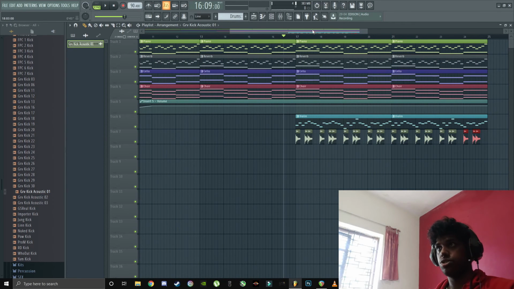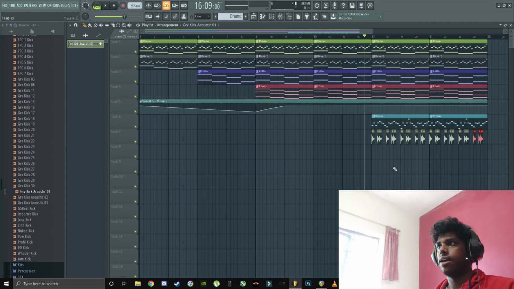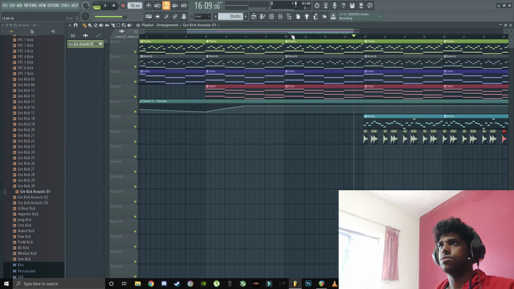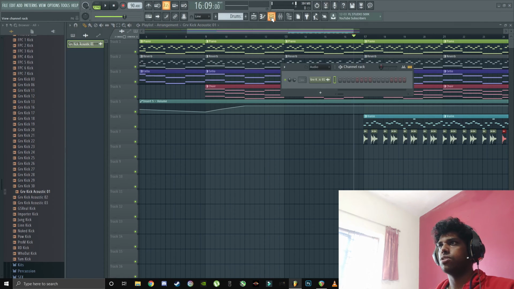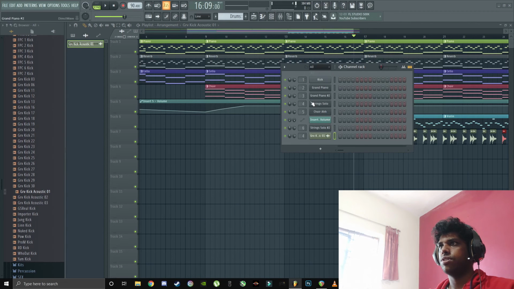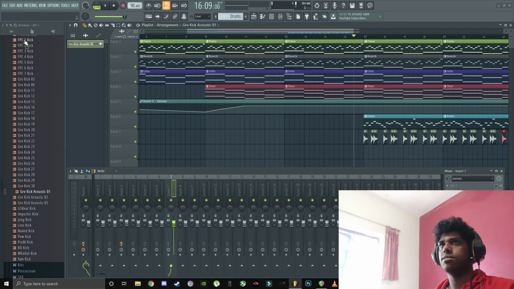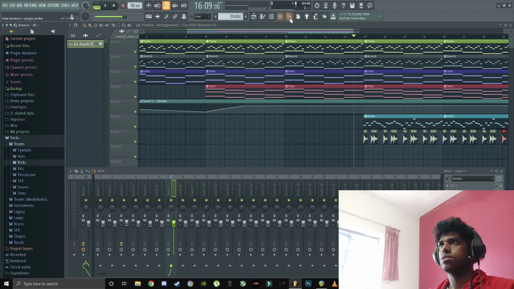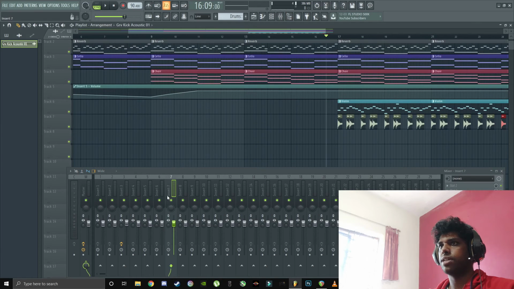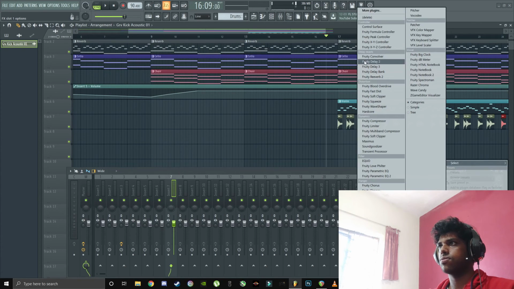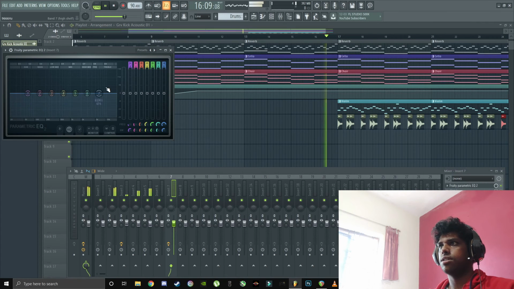Alright, so let's check it out now. We have most of our stuff. We're just gonna name these drums here. We're gonna put it at, where did we reach actually? We reached 6. Okay, so we're gonna put the drums as 7. And I kinda want a bit more bass on my drums. So there's that. I want a bit more bass on my drums. So I'll just go to 3, right, and